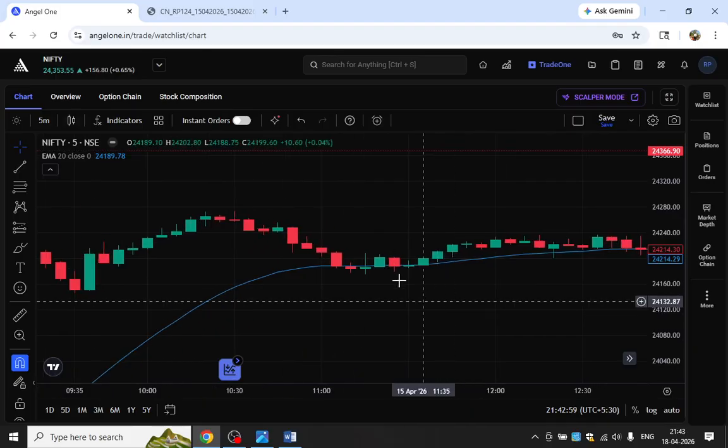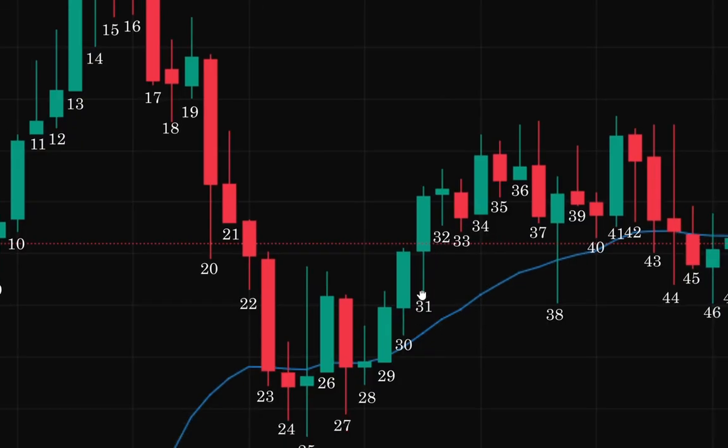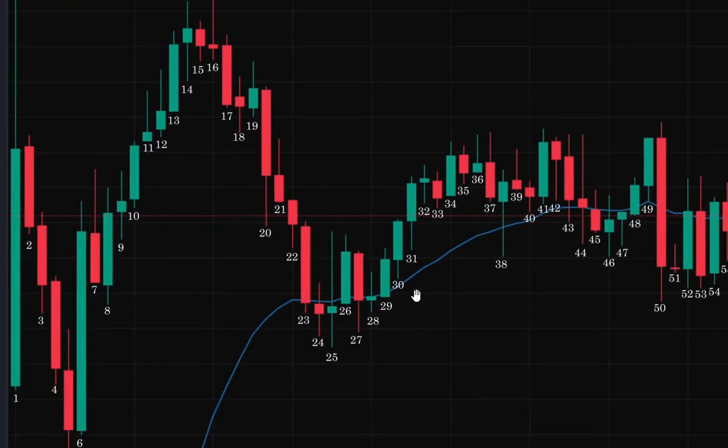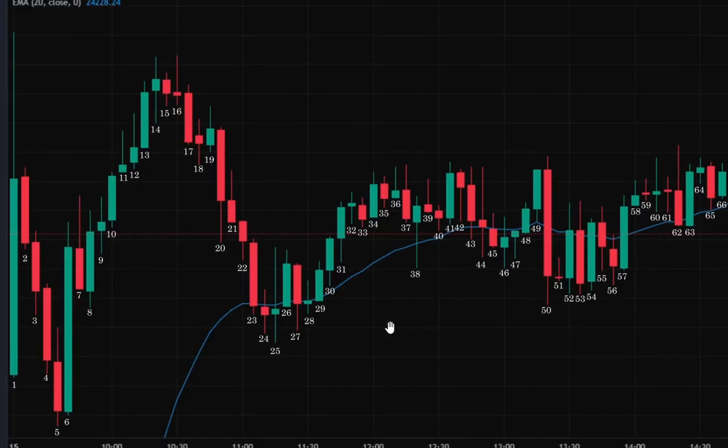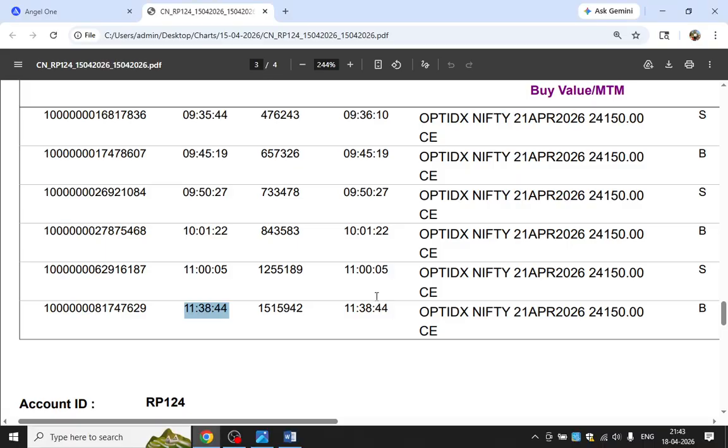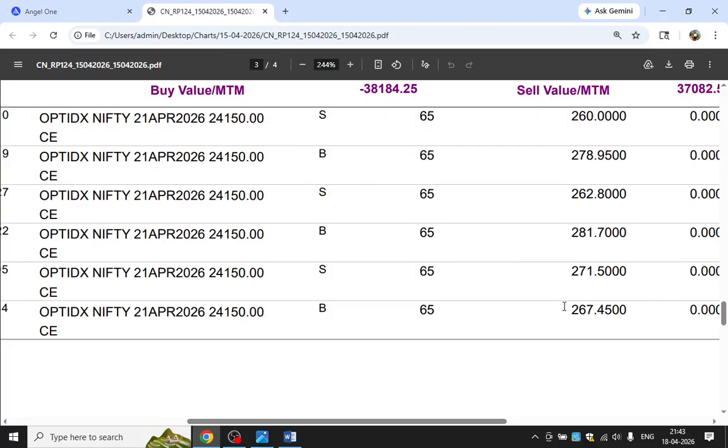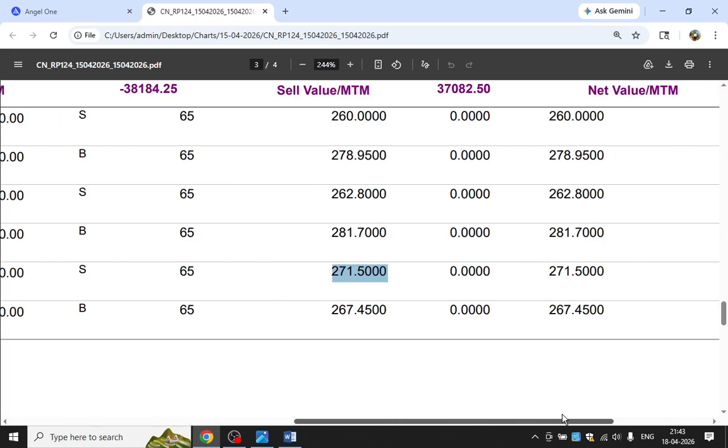So here is 11:38. I wanted the price to go down, but because my target was 30, 40, 50 rupees, I didn't take the profit at this place. I was thinking that this is the first leg and there should be a second leg, but that didn't happen in this scenario. So I took a 10 rupees profit, 67, I don't know, this is less profit, 5 to 6 rupees only. So I got out of this trade.